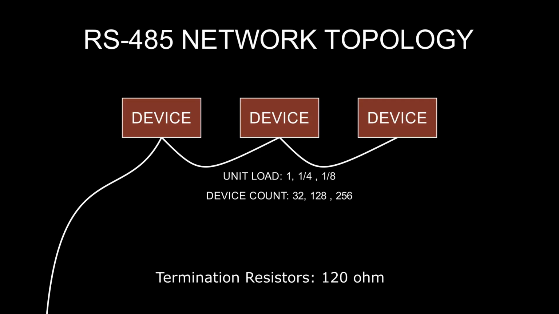Proper termination resistors, typically 120 ohms, are required at both ends of the bus to prevent signal reflections. Connect a 120 ohm resistor between the A and B lines at each end of the bus. This wraps up our